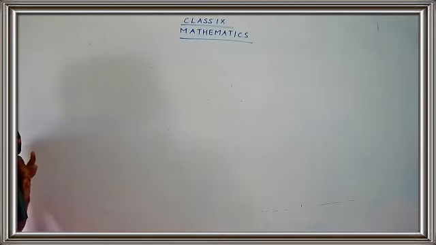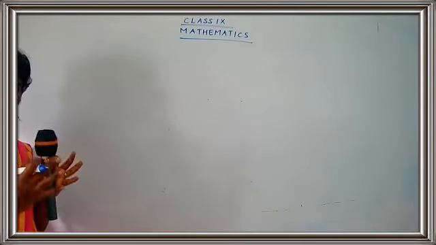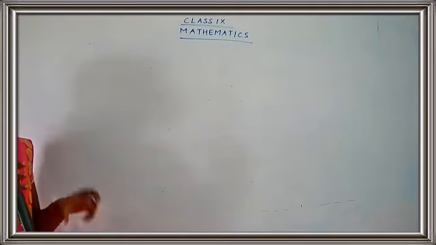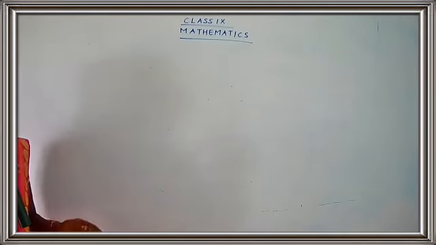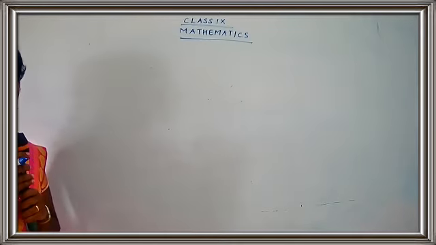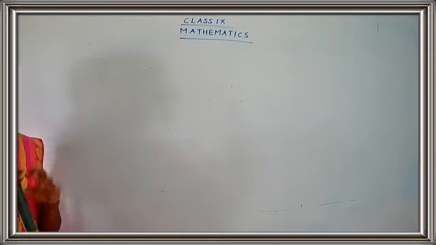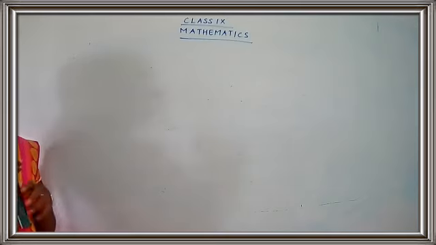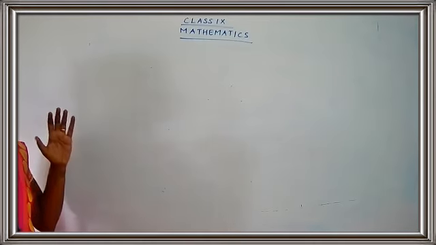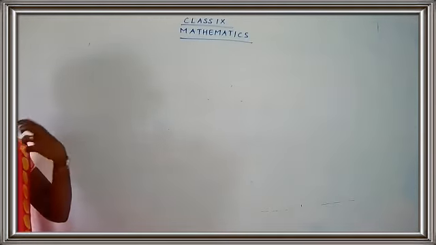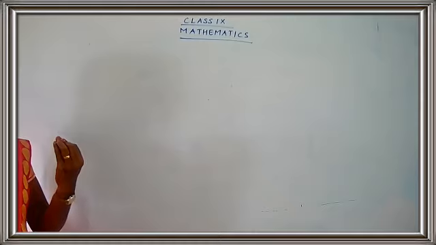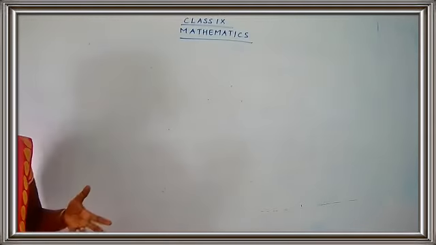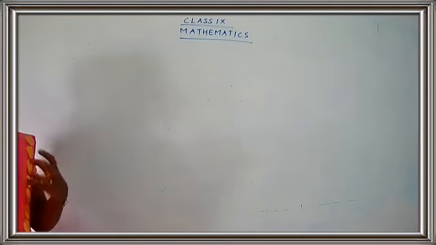Suppose you have a very big number or a very small number, scientific notation helps us to write down the numbers conveniently. You can write the number in decimal form and it will be easy for us to read, because if the numbers are very large, there will be difficulty in reading, or there may be confusion, or a chance of skipping some of the numbers. Okay, there may be a chance of making mistakes.